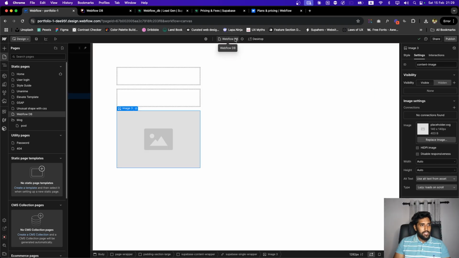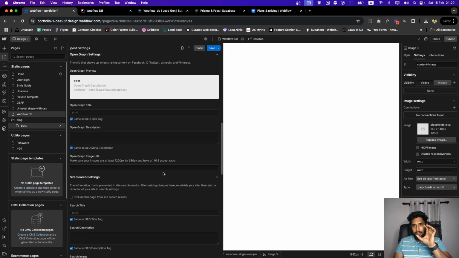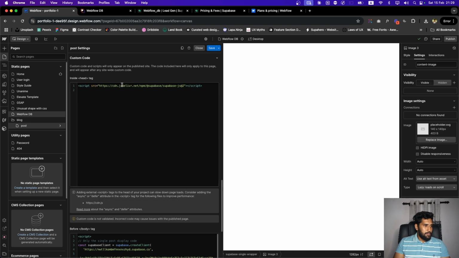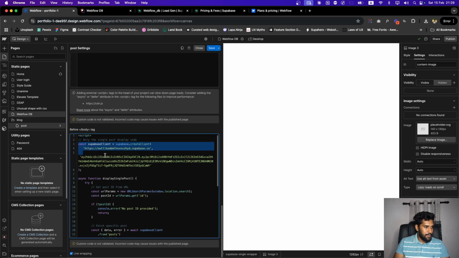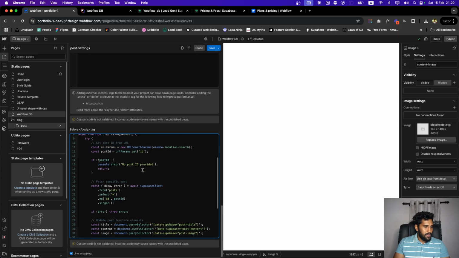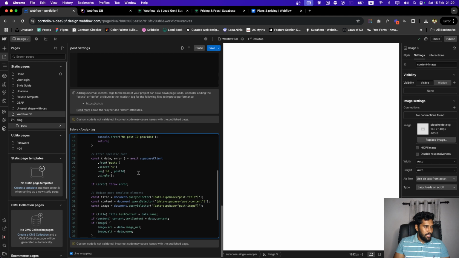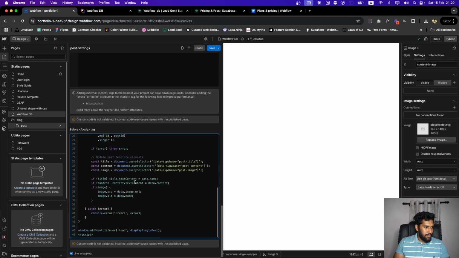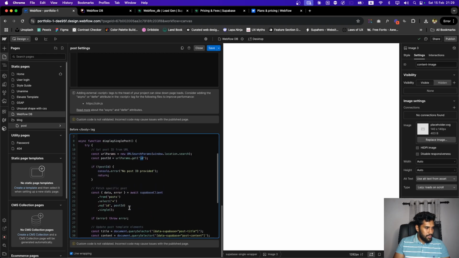Then next thing is you have to go into the post, which has all the blog content. Do the same thing, paste the head code and same code, but same thing for the API key and the project, and make sure this code is there because the code is slightly different. So what it does is it adds an ID for the URL, and takes the table, and one thing you have to change is to make sure,